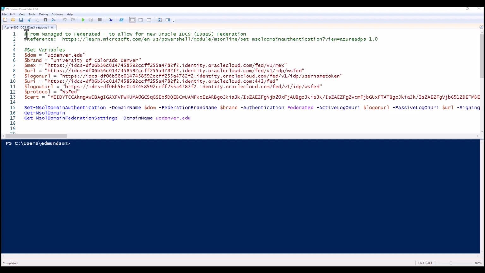Very well. Now let me show you how to configure Azure as a service provider, this time via PowerShell to set up federated access for both Microsoft 365 and also for Azure. First of all, this PowerShell will modify the current authentication from managed to federated to allow for that Oracle IDCS IDaaS federation. And please note, this does require authentication and proper authorization, which is achieved by using the Connect-MsolService